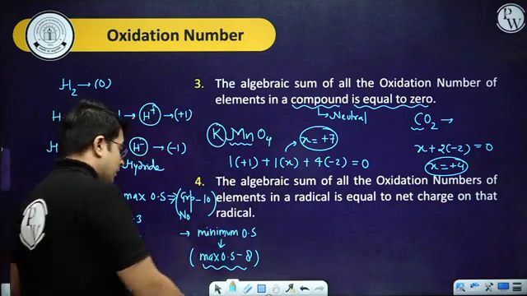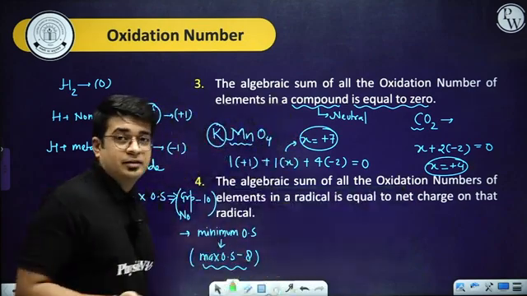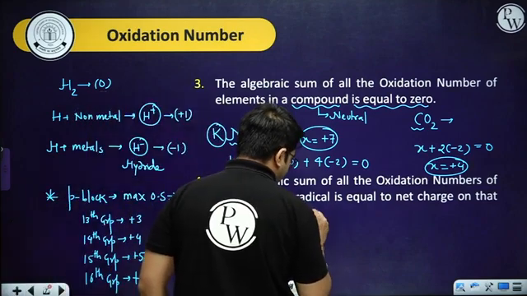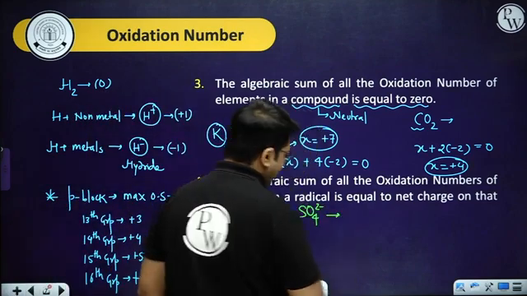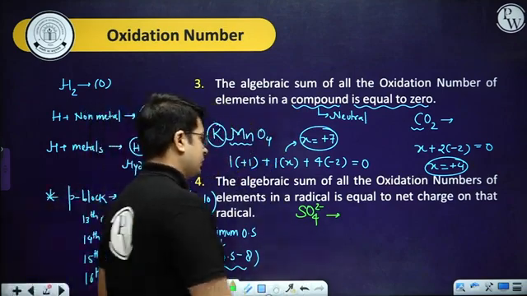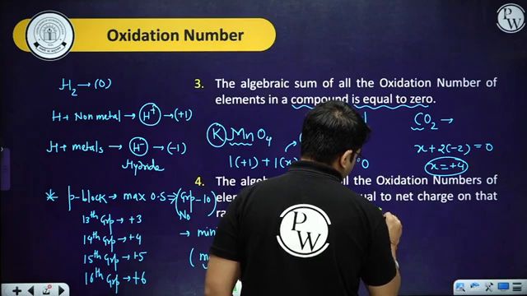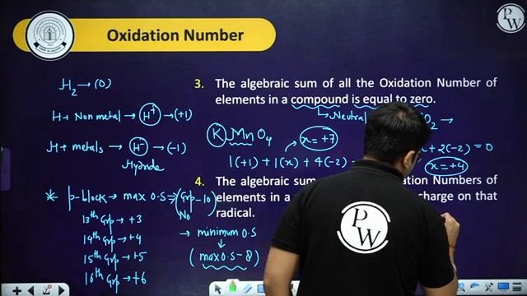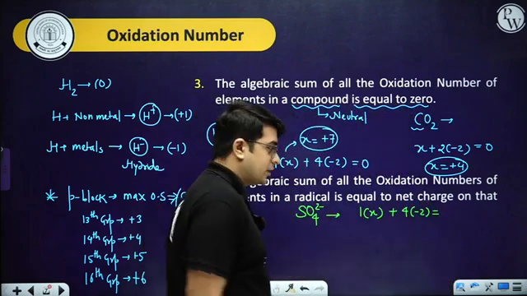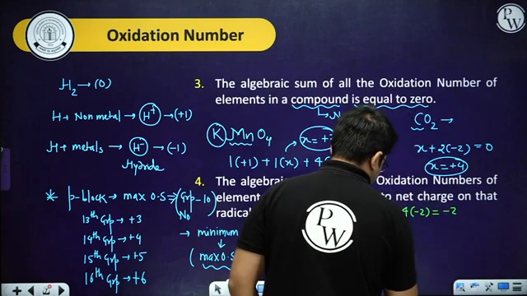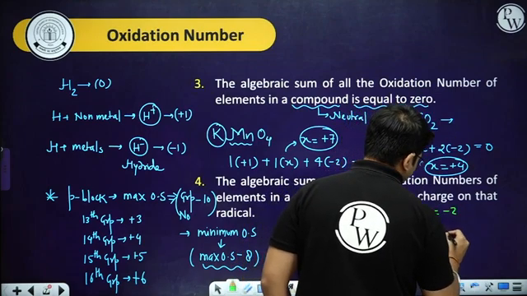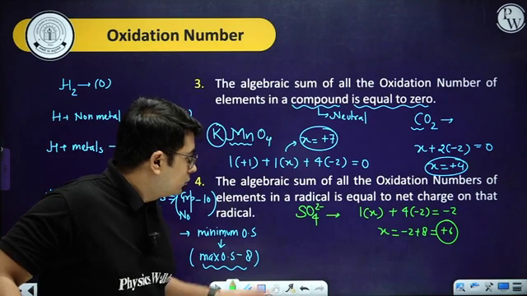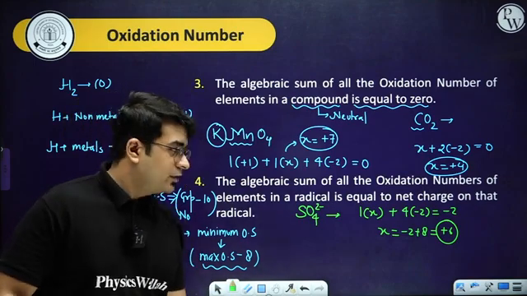Okay. Now let's say if I have a particular ion, then what to do? In case of an ion, the sum will be equal to the charge of the ion. So for example, I have SO4 2 negative and I want to calculate the oxidation number of sulfur. So 1 sulfur is there and its oxidation number will be X, plus 4 oxygens are there and its oxidation number will be -2. That will be equal to the charge on the ion, which is -2. So you can say X will be equal to -2 plus 8, that will be +6. And that's how you can calculate the entire part. I hope this entire portion is clear. A very simple analysis, very, very easy analysis.